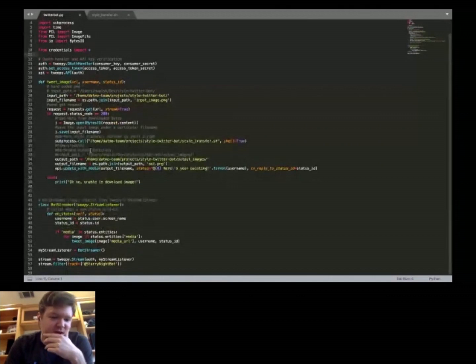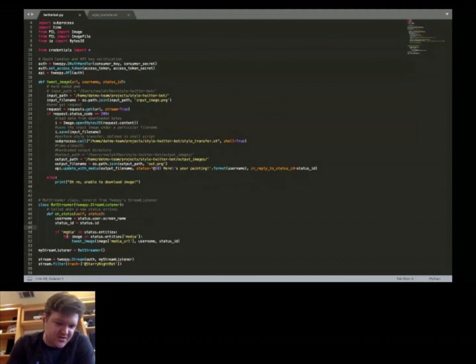There's really only two main things we're doing here. First, we're going to define a class for our bot. It's going to have these things that I'm importing from credentials, which I have stored in another file, and it's going to instantiate itself down here. When it has a positive event, if there's media, if there's an image in a given tweet, it's going to extract that URL and download it. And then I have some hard-coded paths over here. But essentially, it's going to